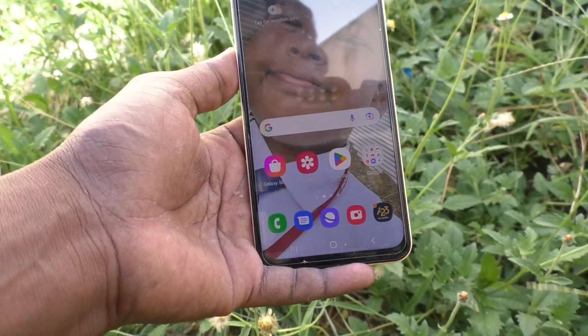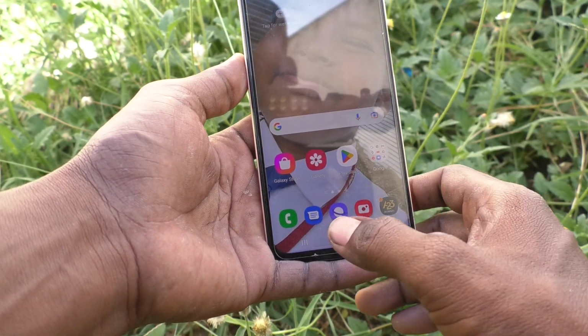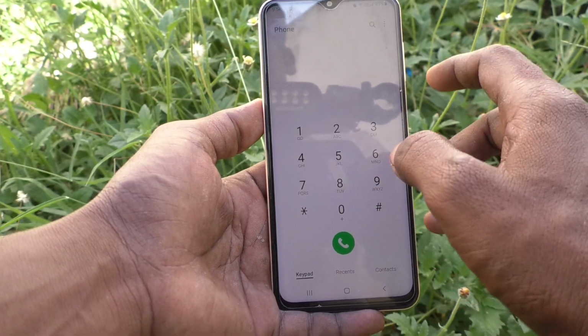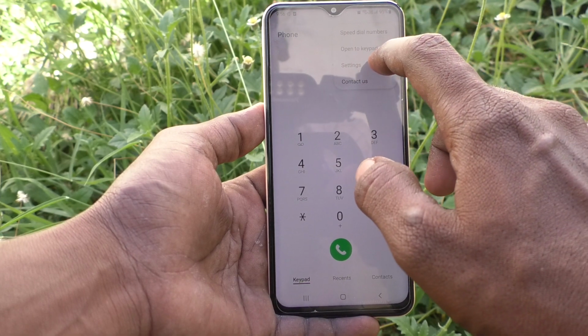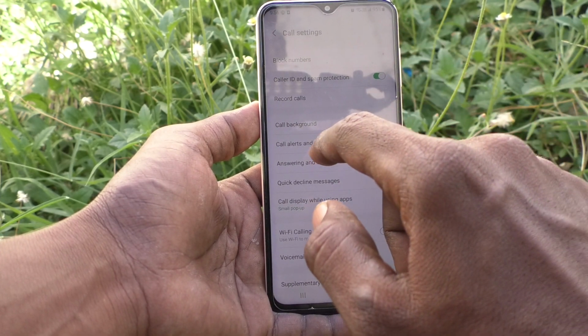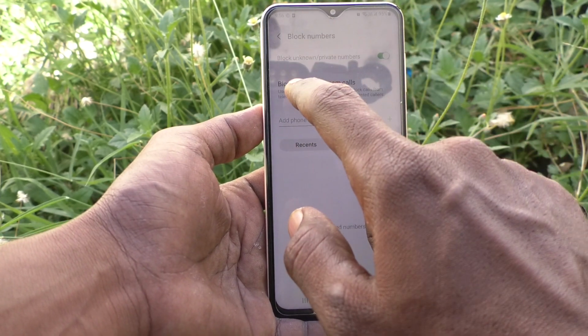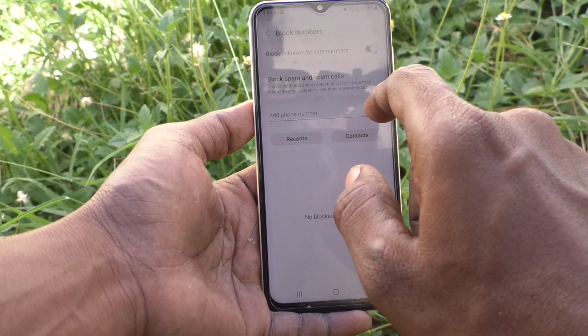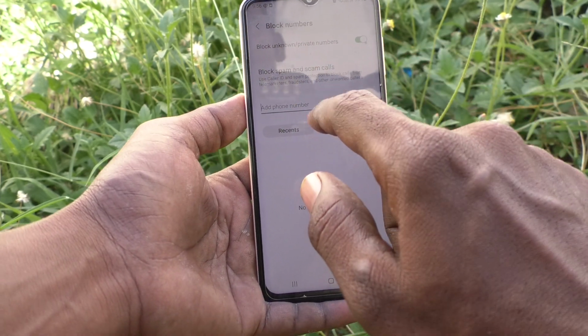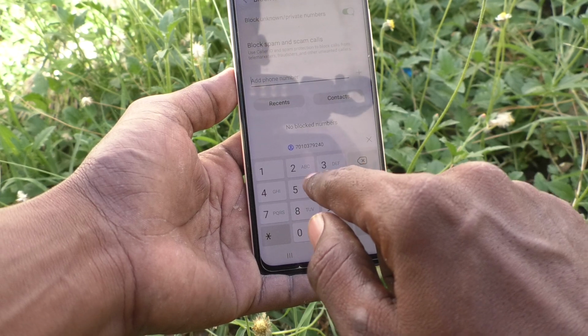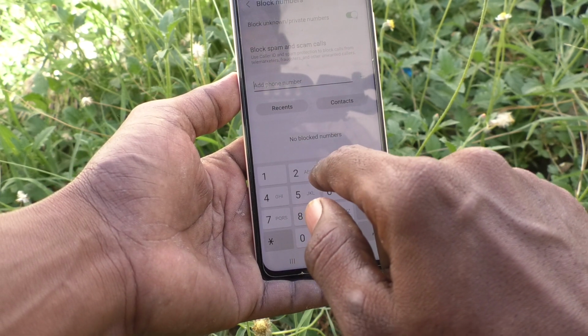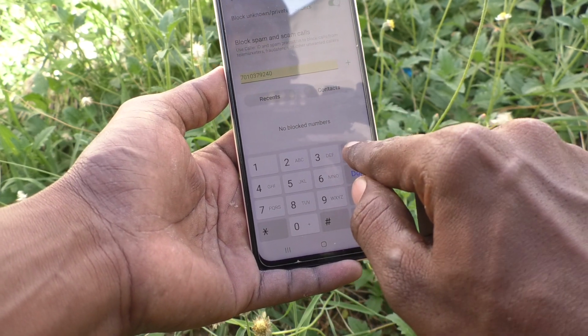What you have to do is just go to this call button here and go to these three vertical dots. Click on settings here and go to block numbers. Here you can add phone number to block. You can type here phone number. Here type phone number like this